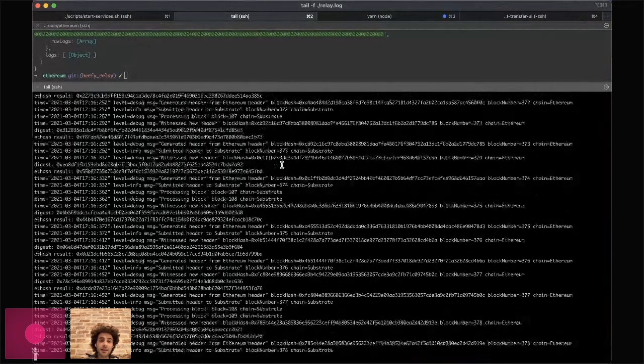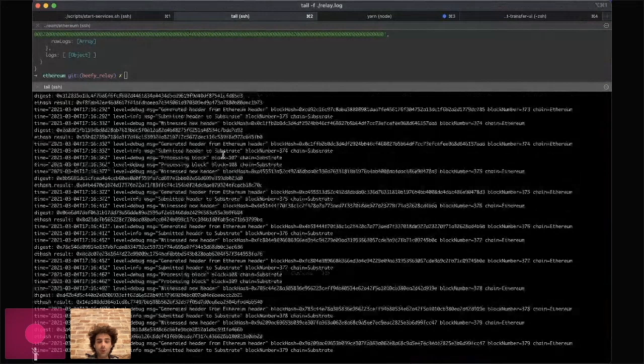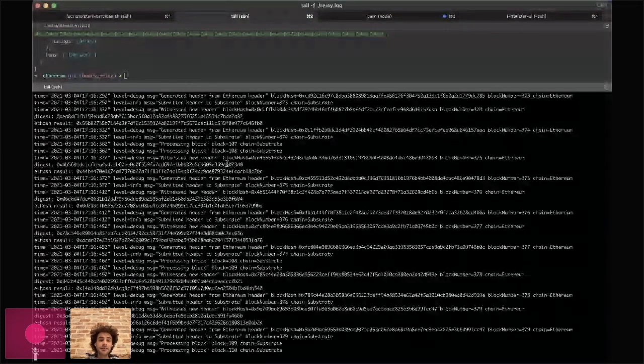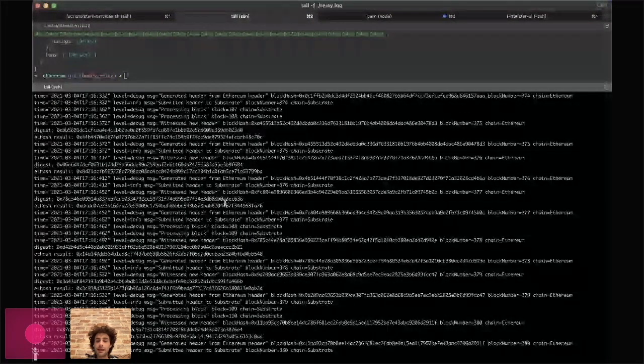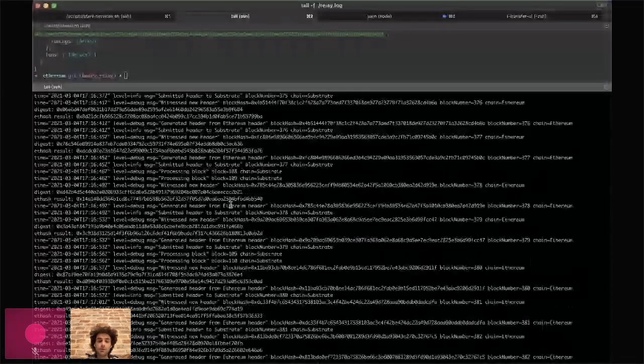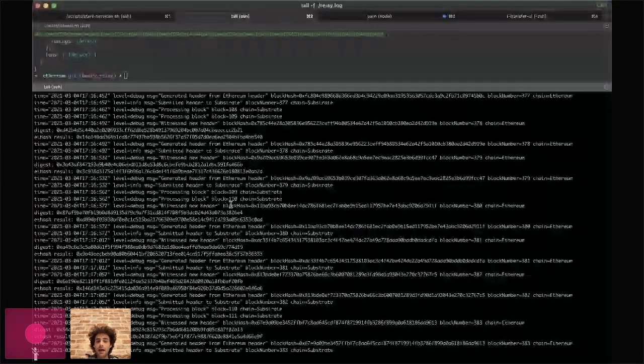At the moment, you can see the relayer is watching for new Ethereum blocks and headers, and it's taking those Ethereum headers and relaying them over to Substrate, to our parachain. And essentially, with every header, the parachain is doing a full light client check of the proof of work in that header, making sure that it's the longest, heaviest chain on Ethereum, and then updating the latest known header chain